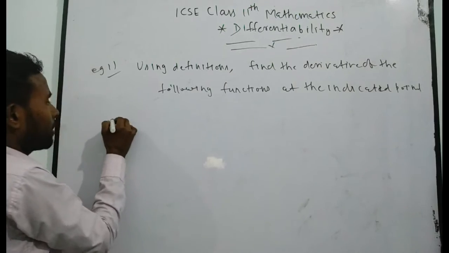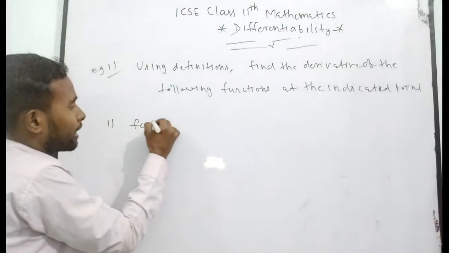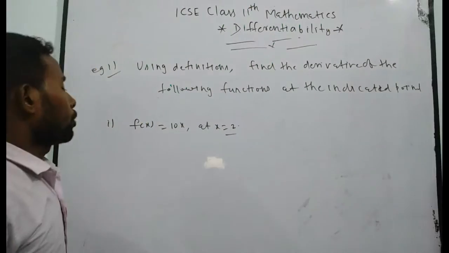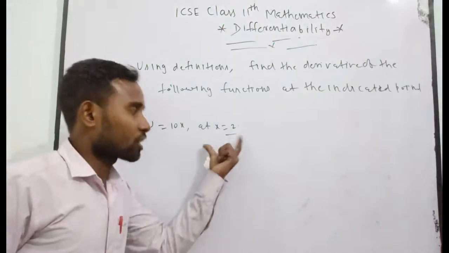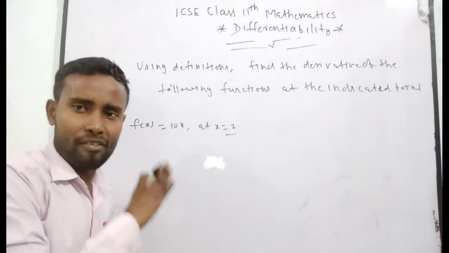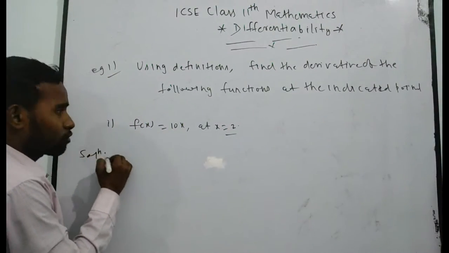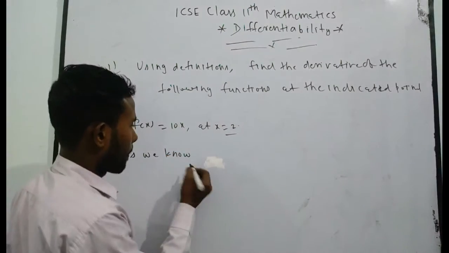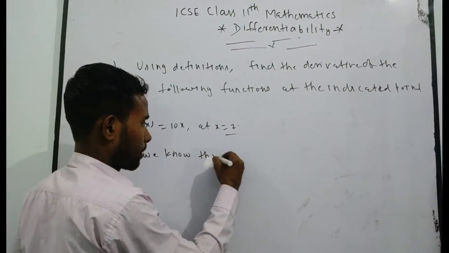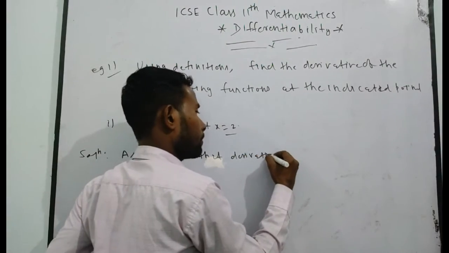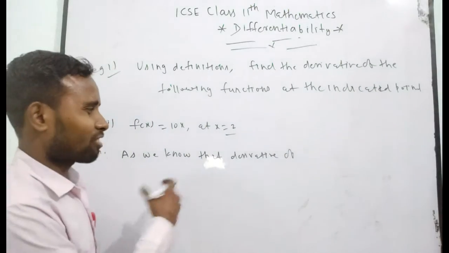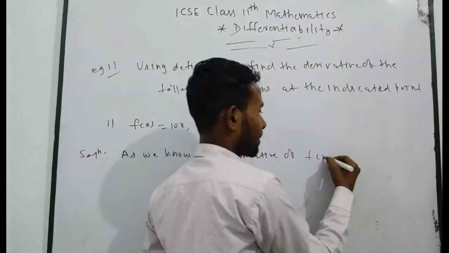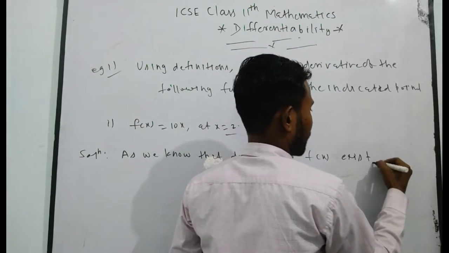First problem: f(x) is equal to 10x at x is equal to 2. You have to find the derivative of f(x) at x equal to 2. As you know that the derivative of f(x) exists, you can solve it. If you wish you can write this, or go directly through the method. I write it again below. As we know that the derivative of f(x) exists, so